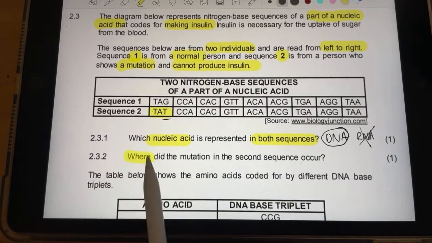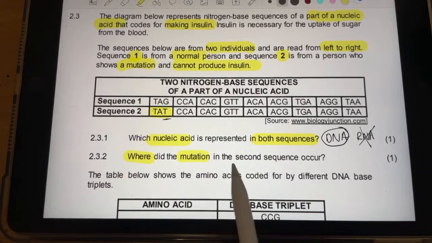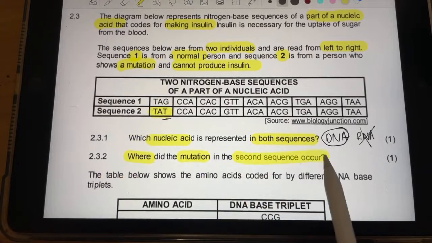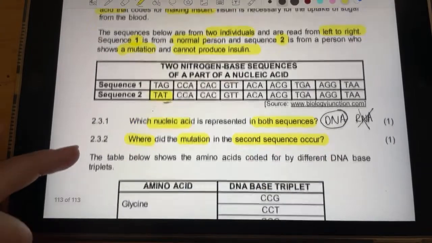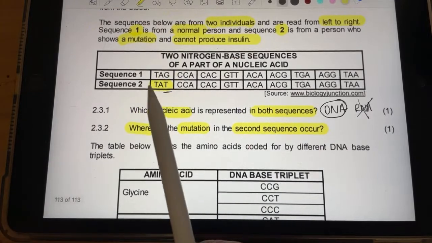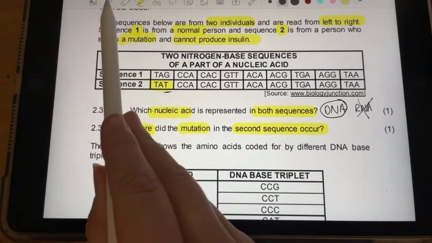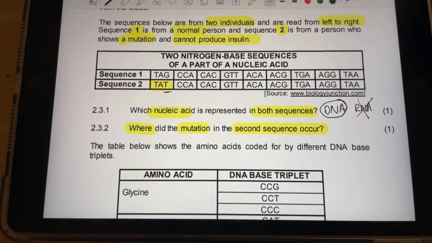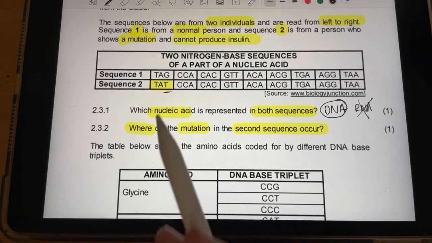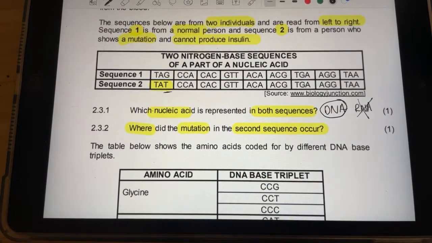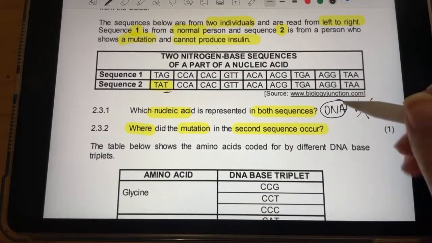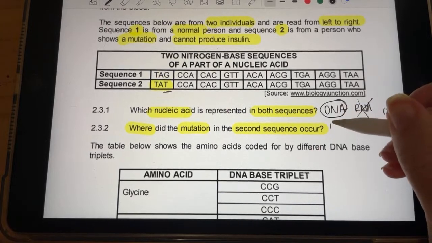Where did the mutation in the second sequence occur? So if we have a look up here, where did it occur? Now, you've got to think, what are they talking about? Like, where is the DNA? Okay, where did the mutation occur? What you can acknowledge here is two things. You can say that the mutation occurred in the nucleus,